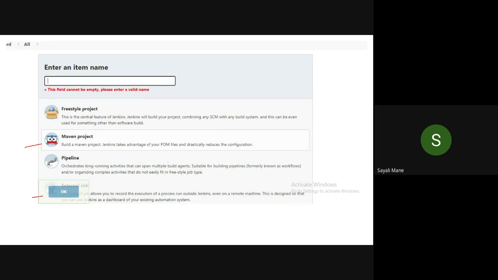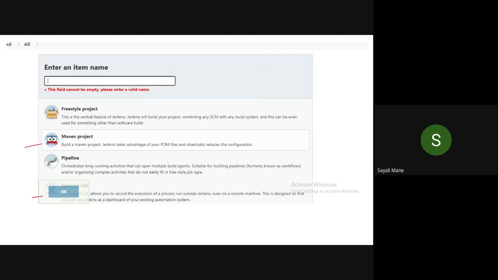Open your Jenkins account and please click on the new item. Done?